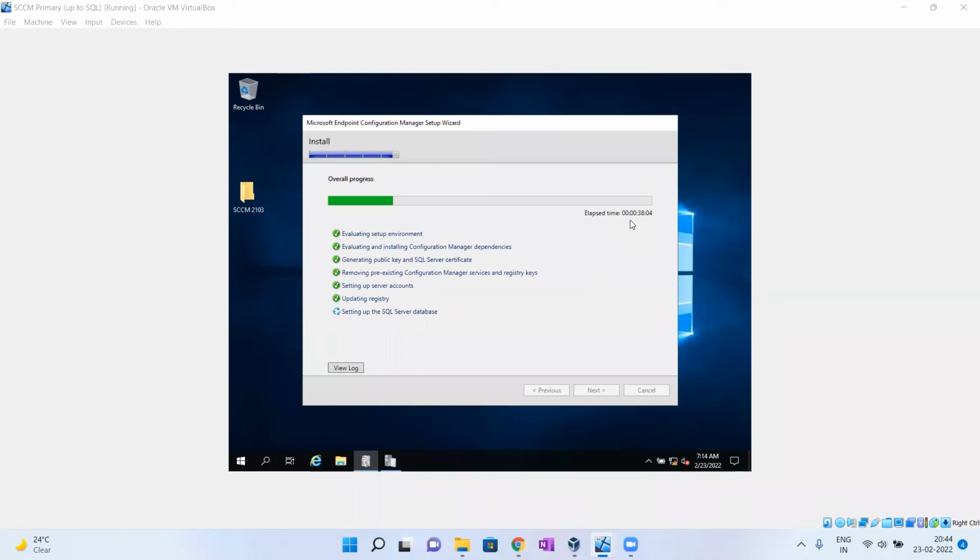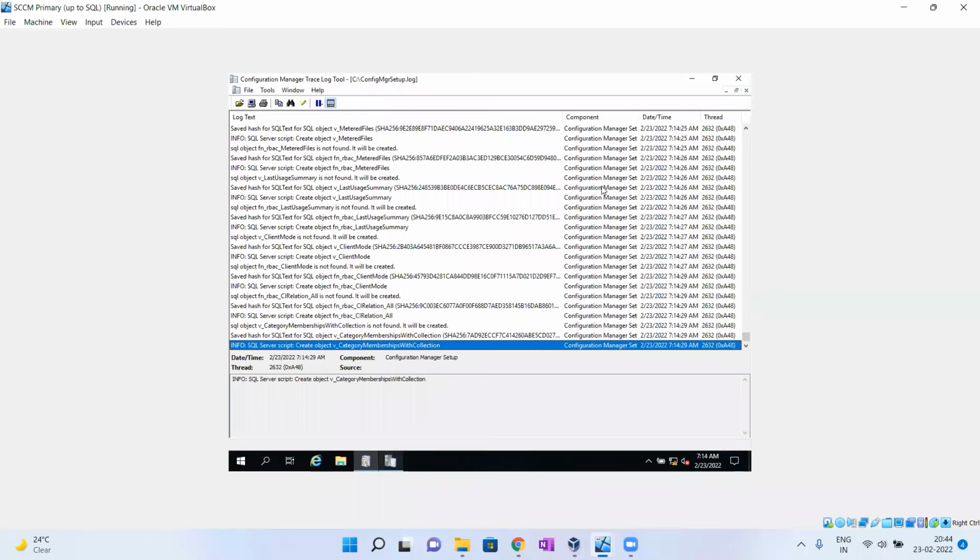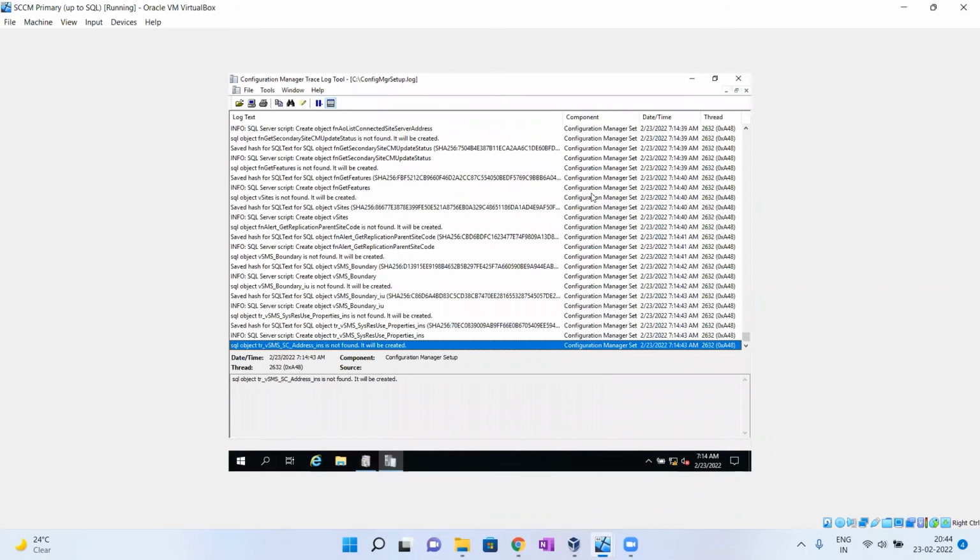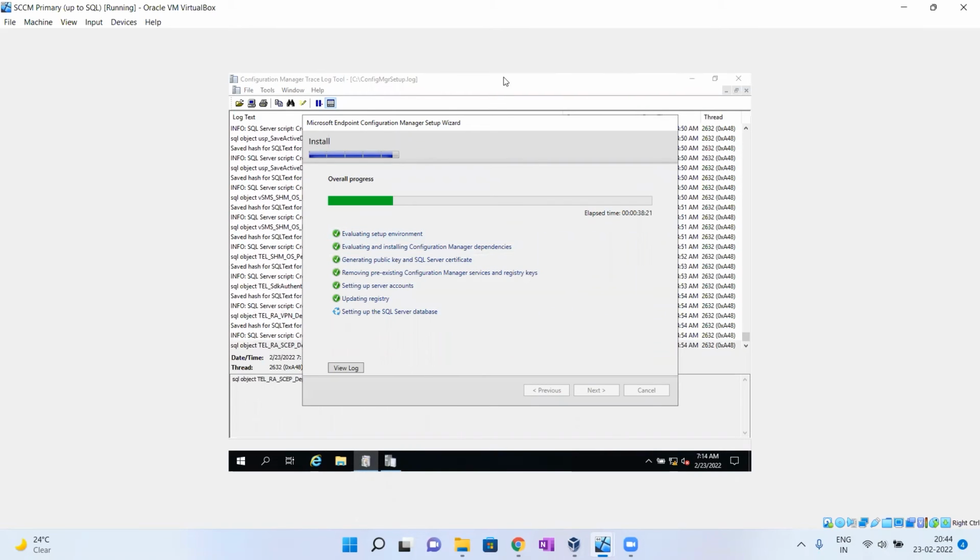Now almost 40 minutes have completed. Still installation is going on. This is the log file, still loading. As of now, there are no errors.